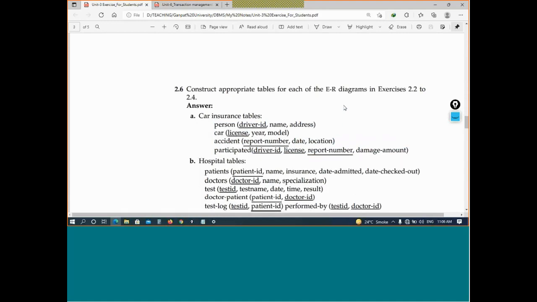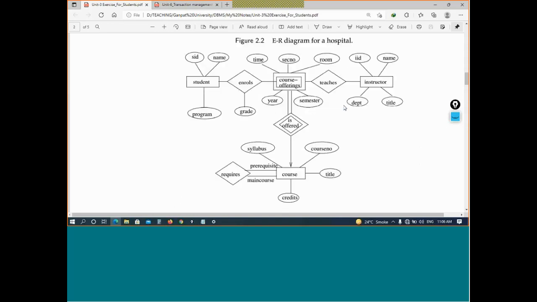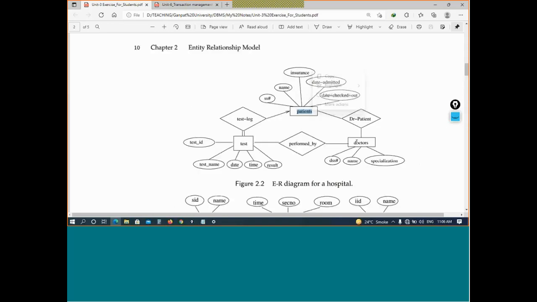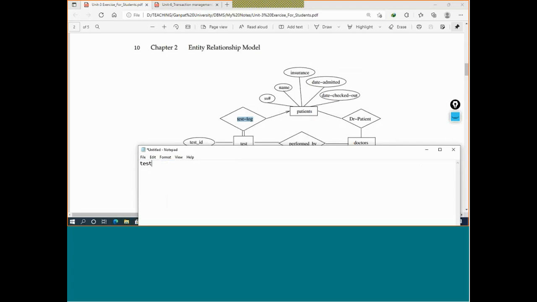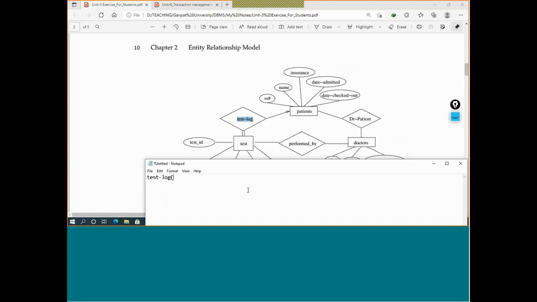Similarly for hospital, we will quickly see 1 table for patient, 1 table for doctor, 1 table for test. Okay. 1 table, or I will say schema, for test log. So what will I write in the test log? Test log is a little bit different. Test log is a relationship set, so I am converting it to a table, or I will say schema. It will have the primary key of the participating entity sets. So test ID I will take, and patient ID. Here it is written SS number, whatever it is, SS number, patient ID. That I will take, and the extra thing I do not require.